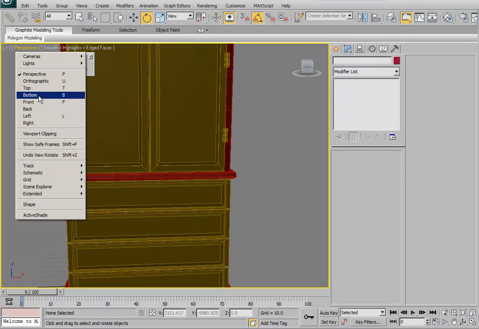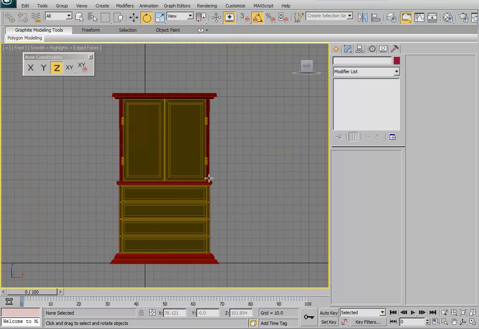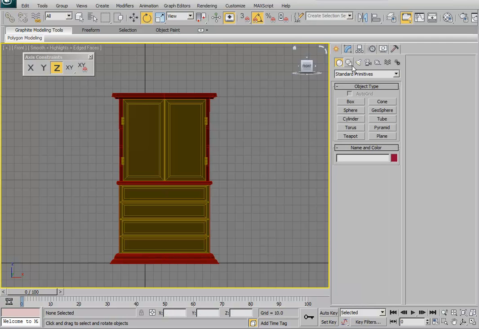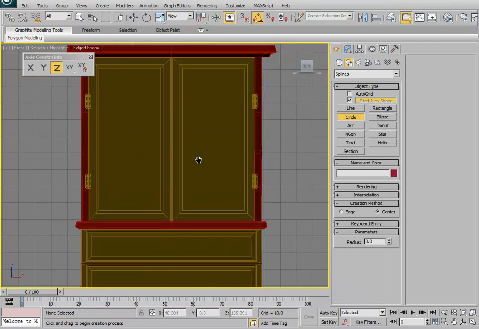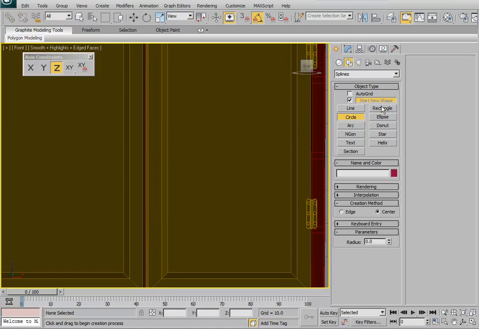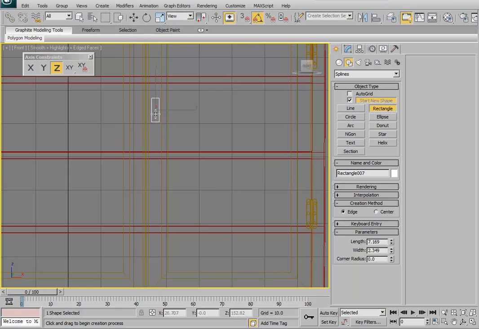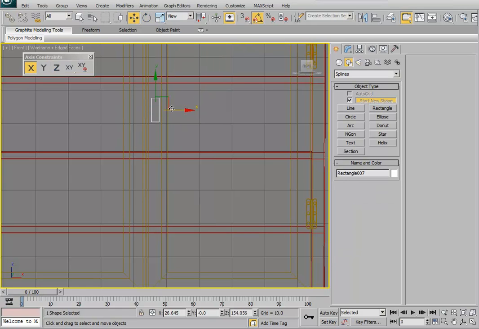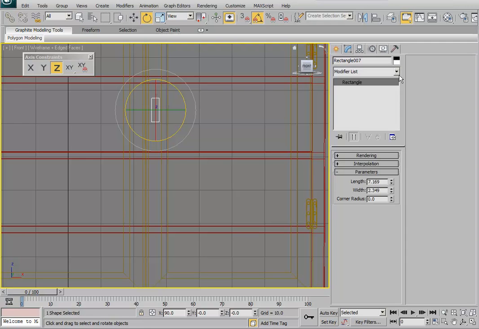Okay, I'm gonna go to the front viewport really quick. I'm gonna try to finish this up. I only got a few more minutes on my timer over here. So you know these you can do however you want to: rectangles, boxes, squares, circles. But this is just going to be the part that holds the